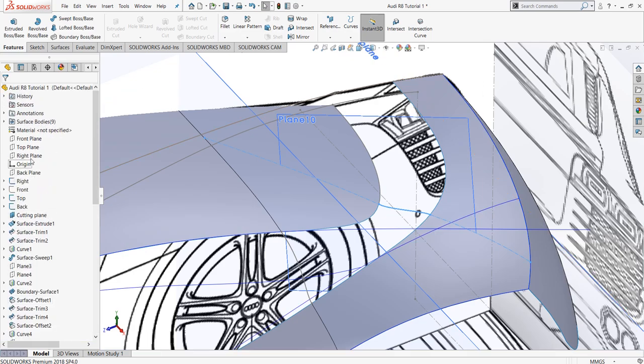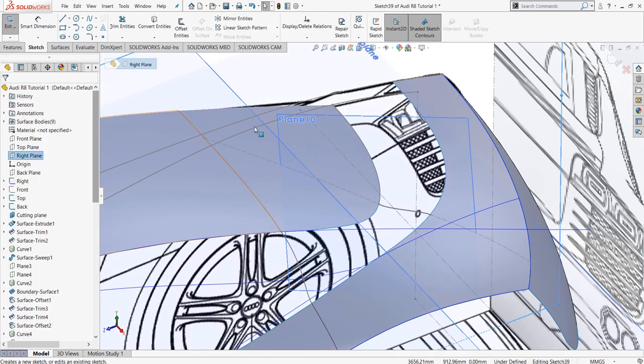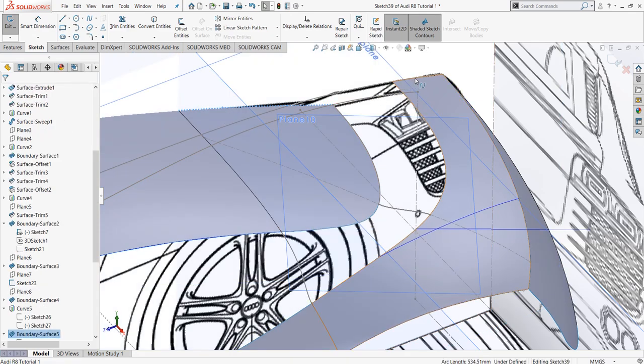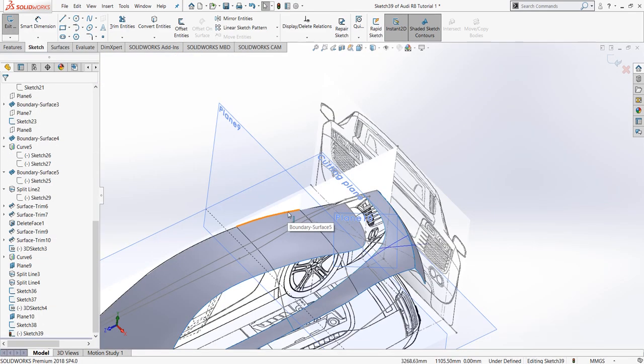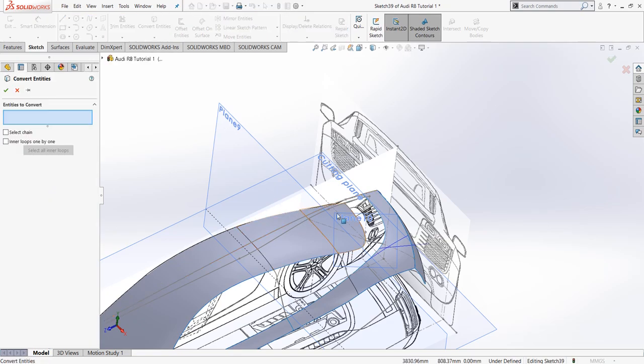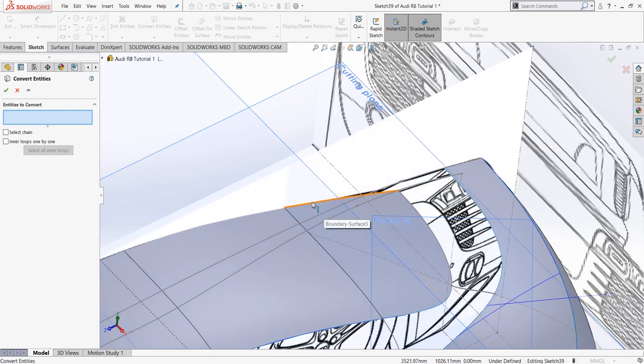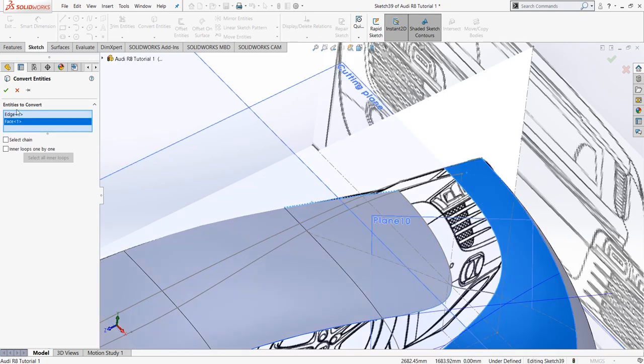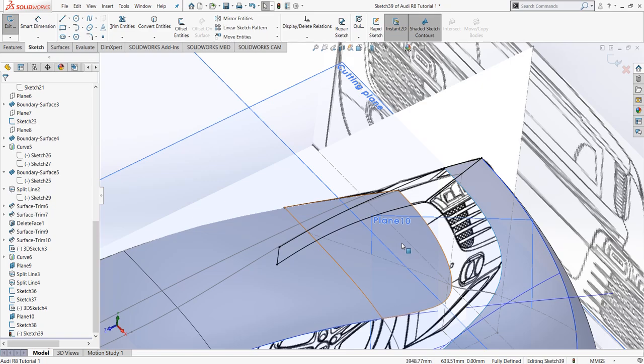Now go to right plane and click sketch. Select this curve, this line, or else go to convert entities, select this line and select this face and give OK.